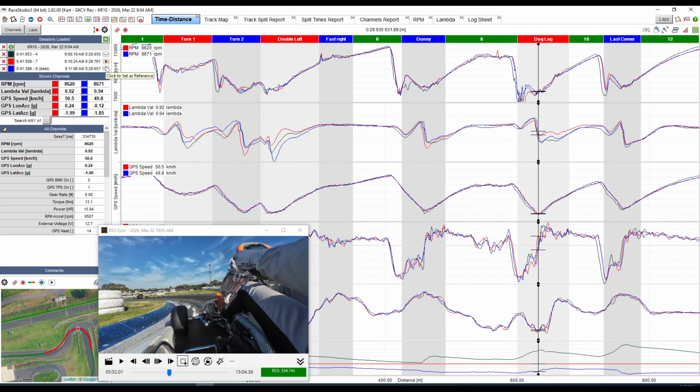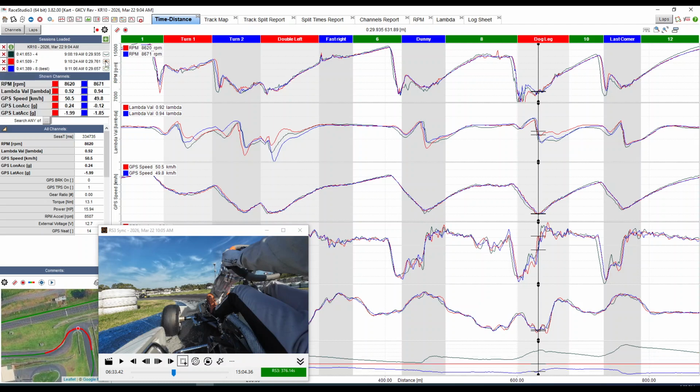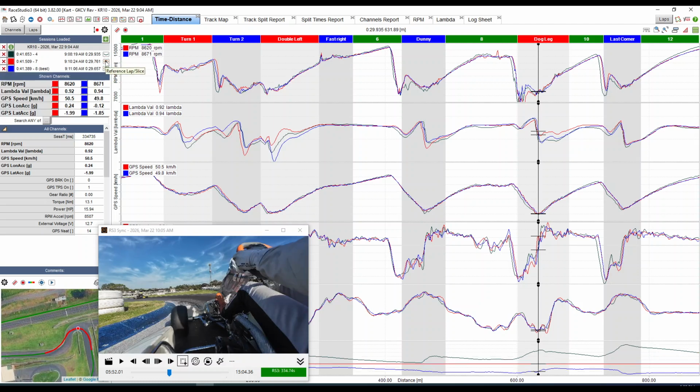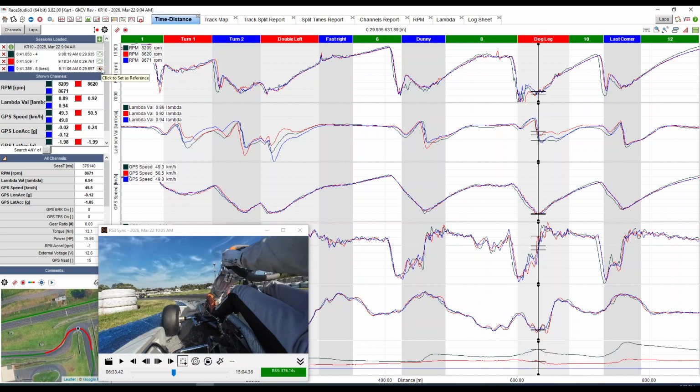We can see there, if I flick between the two, we're pretty consistent on the line there, just slightly a bit more curb on lap 8. But likewise, I can also just have a look at lap 4. It'll show me what's going on there as well. So yeah, great way just to compare lines,